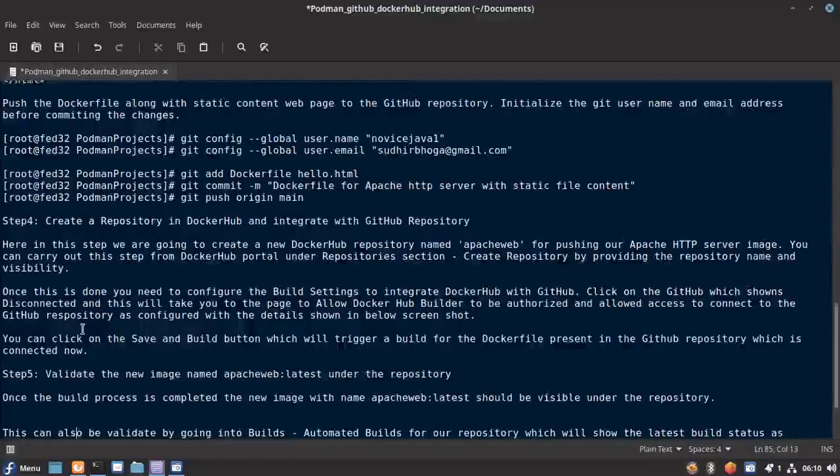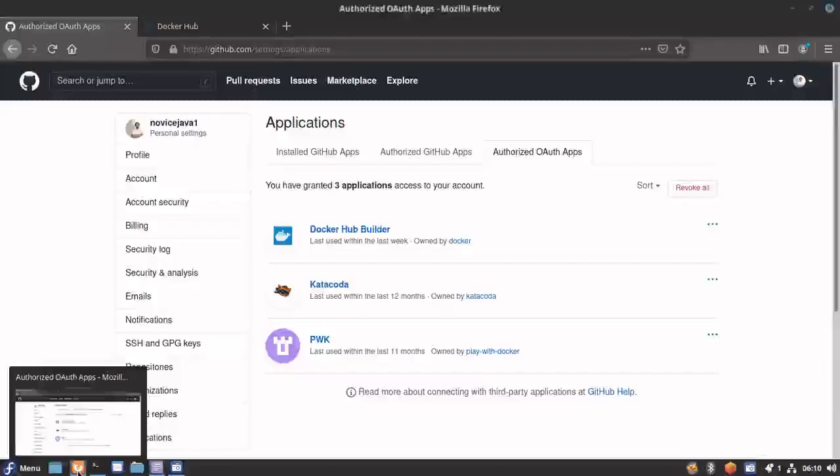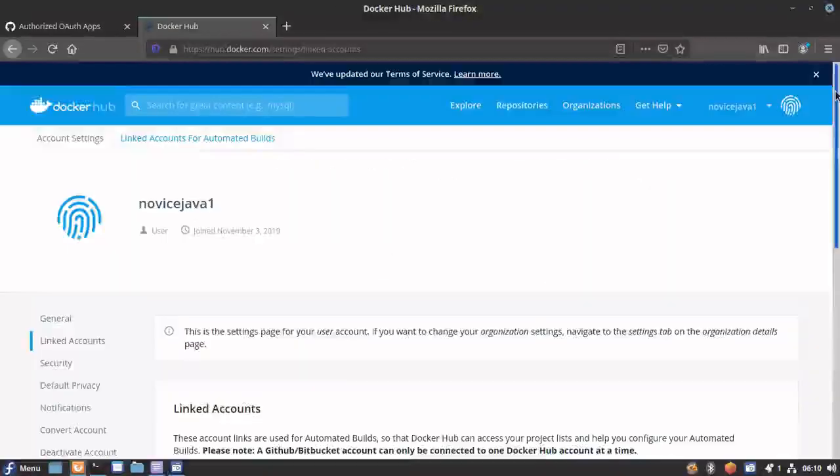Now let us see how we can create a repository on Docker Hub and integrate it with GitHub. For that purpose, let's go into our Docker Hub URL again. Here we can go to repositories.